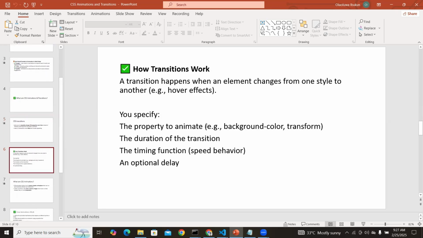Then how can we implement CSS transition? Usually CSS transition requires that there is a form of interaction from the user with the elements on the page. So CSS transition will not work if the user does not interact with the element on the page. A transition happens when an element changes from one style to another. So usually maybe you have a hover effect on a button, and the actual button is black, and the moment the hover effect event is triggered,